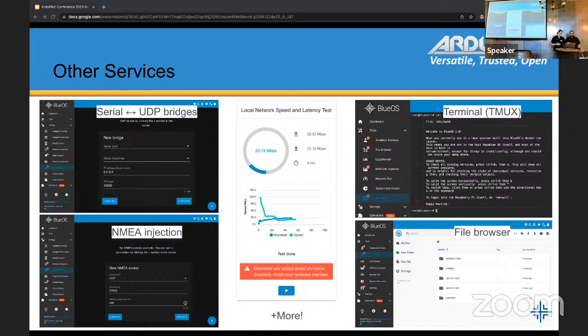The NMEA injector takes NMEA strings via UDP and then sends GPS input messages to the autopilot through Mavlink. So if you have a NMEA GPS that's USB based, for example, you could use navigators